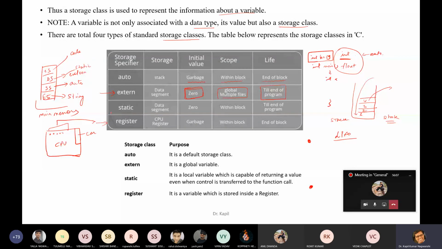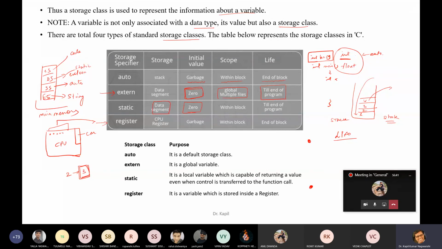Now come to the static variable. If you want to create a variable which is static in nature, it means whatever value is there after multiple function calls, its value must be static. Like this time it was 2. If I increment this value, now the value is 3. Again, if I use a for loop, the value does not change with this for loop. So this is known as static. It is stored in the data segment.